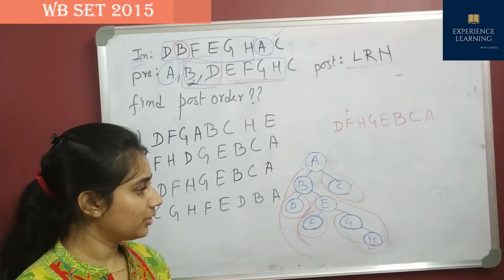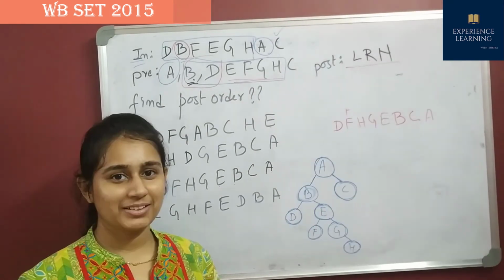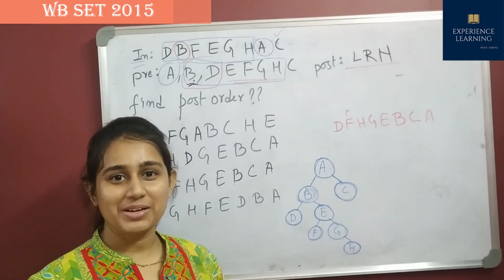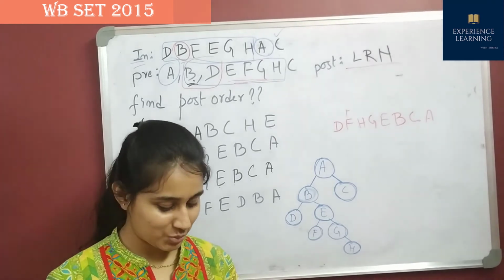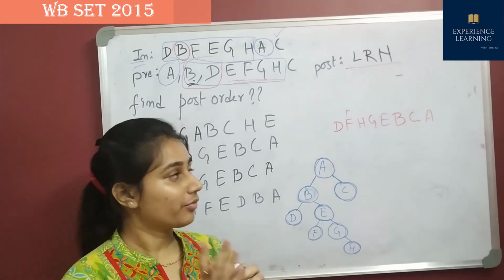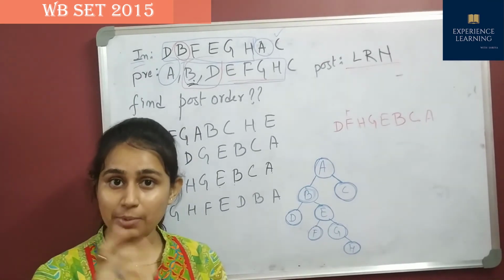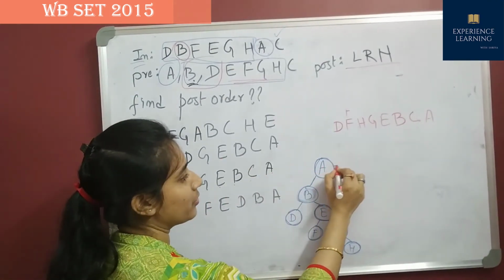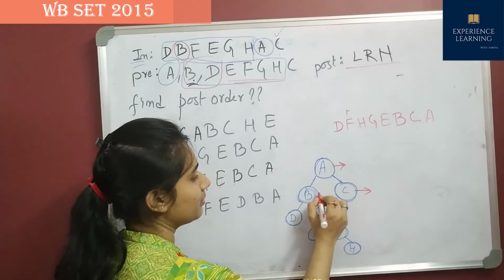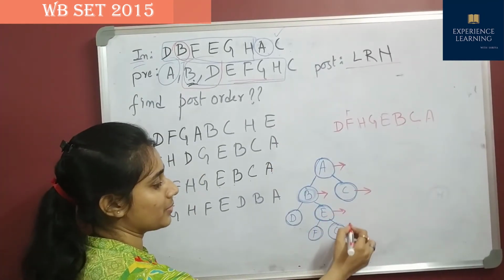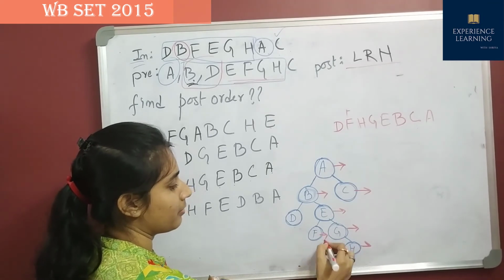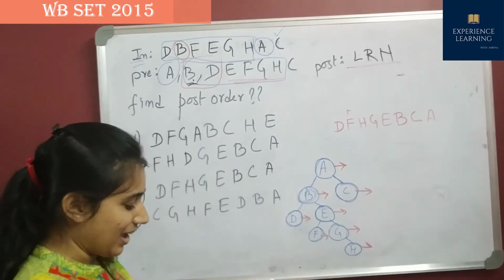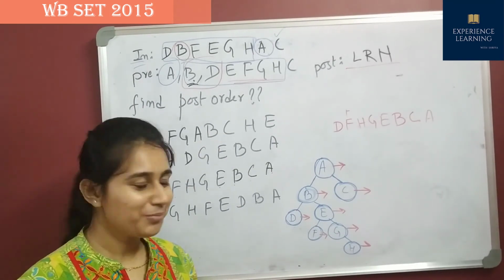You can also do this in a different way. Though we have done this in this way, there is a very easy way to do this. If it is a question of post-order, remember that in case of post-order traversal, we will just draw the arrow in this way. Okay, for every node, draw the arrow in this way, like this. Now just do one thing. I feel that this is a very easy way.